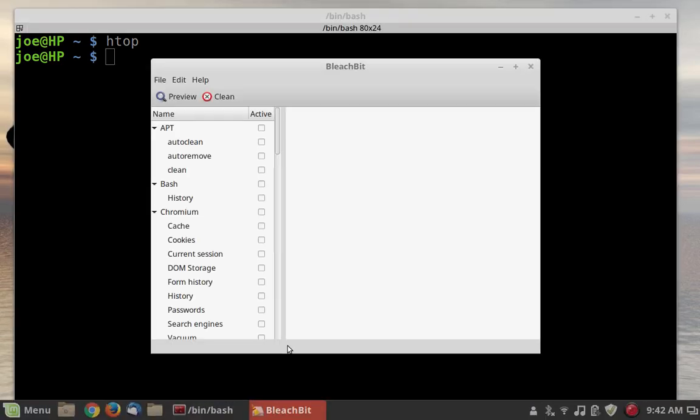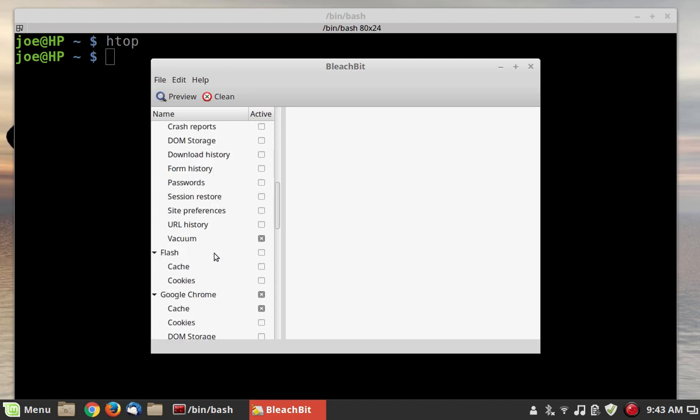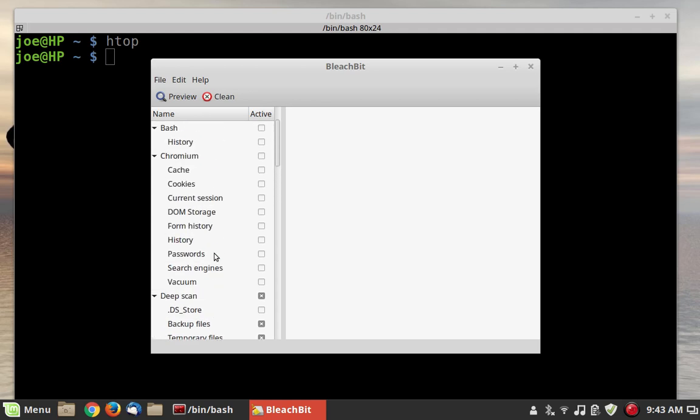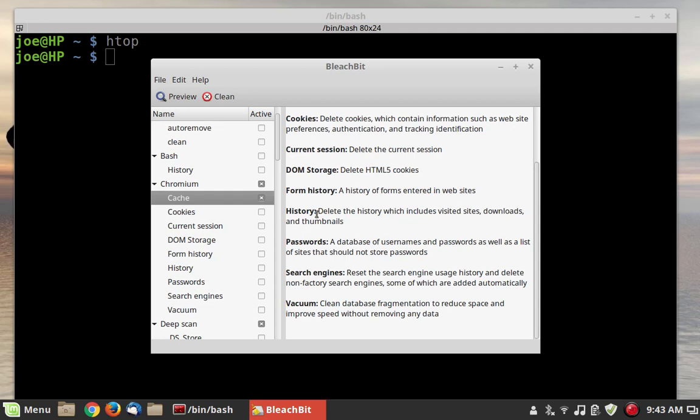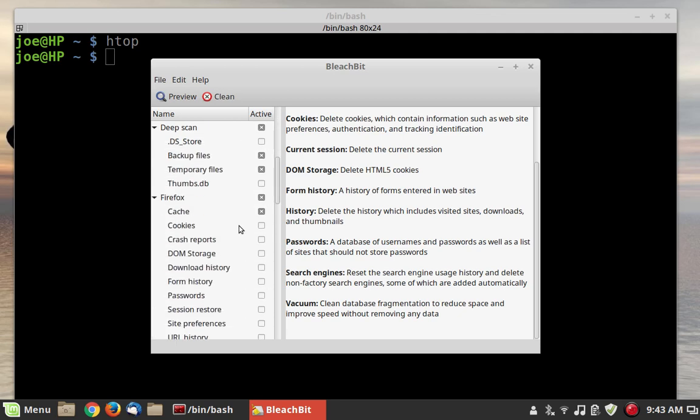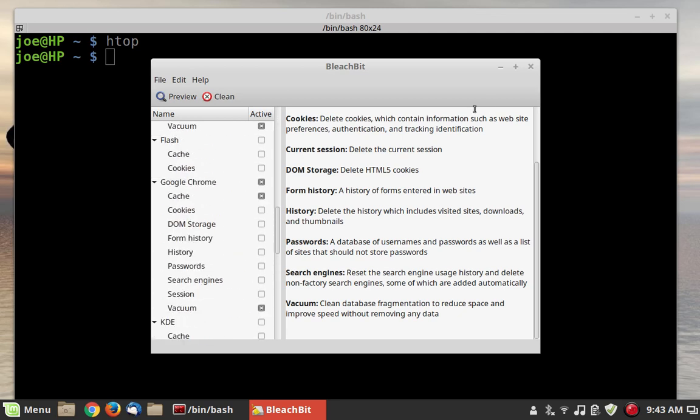And the other piece of software that I wanted to talk about was BleachBit. Pretty much every installation of Linux I ever put on, I put in BleachBit. BleachBit is a piece of software that allows you to clear out stuff that you don't need anymore on your system, like browser caches and a whole bunch of things here. You see this is set up to do that right now. So I can set that to clear out the cache in Chromium and compact databases. So there you go, and then you just turn this thing loose.